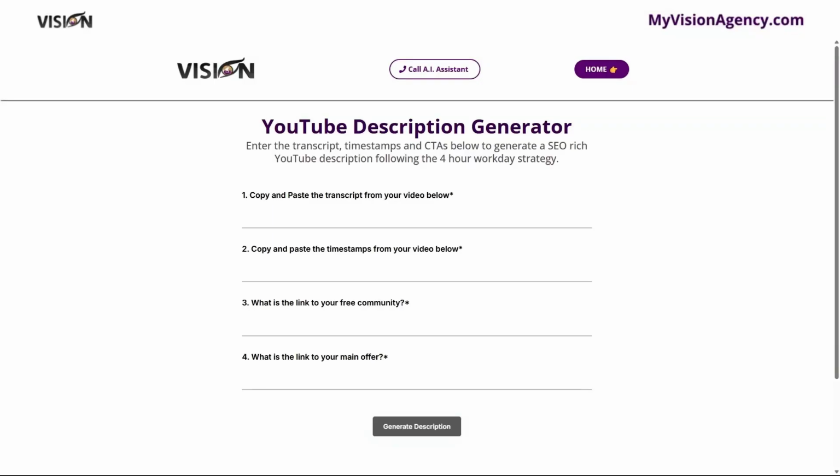Hey y'all, Bridget Bartlett here with My Vision Agency, and today I want to show you how to create custom AI tools like this one that you can use for your clients or you can use for lead magnets when you're running ads. Now, I actually have created this tool based on our 4-hour workday strategy, and the first step